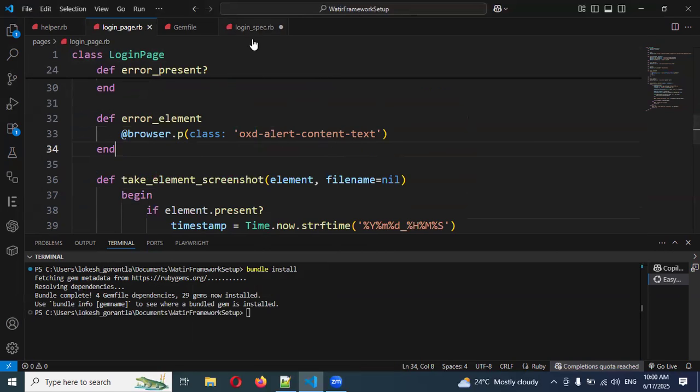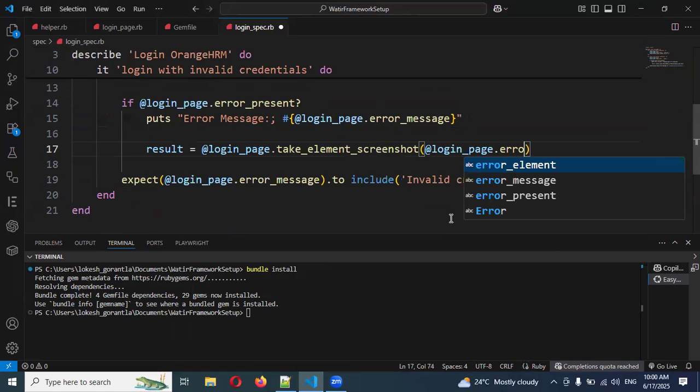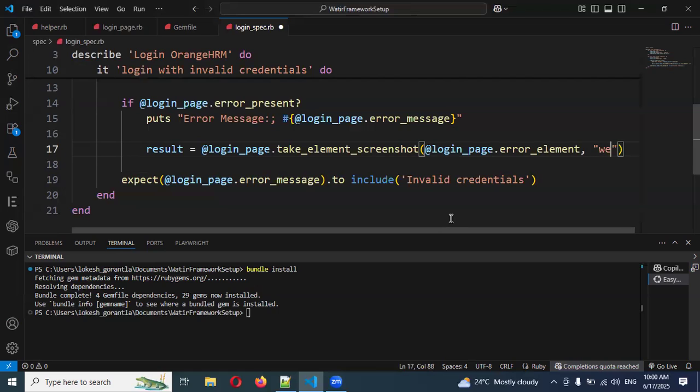And here we can use error element. This we are going to return for error element. And comma, you can provide any kind of name or just leave it empty, and then it will provide you the name. But I'm going to use